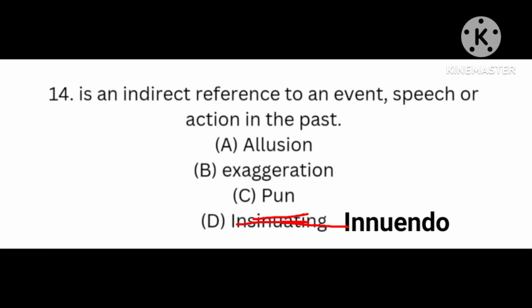Here the speaker said, Emeka is a very honest man, with a clause that if it is a matter concerning money, then he could not be trusted. Then, where is Emeka's honesty? Such a statement or comment is a good example of innuendo. The right answer in this question is option A, allusion. When you are alluding, you are referencing, you are citing things that happened in the past. If you are getting them from the Bible, we call them biblical allusion. But when you are getting them from things that happened in the past, we call them classical allusion.